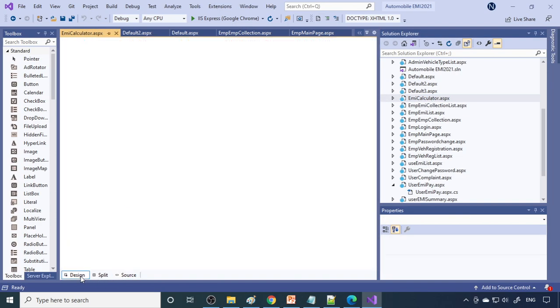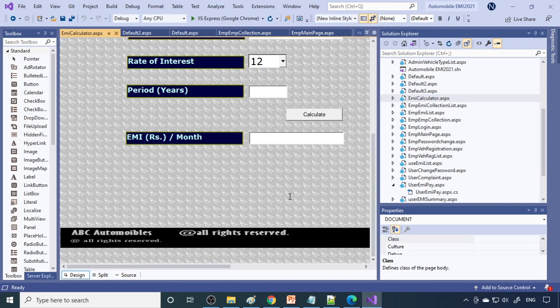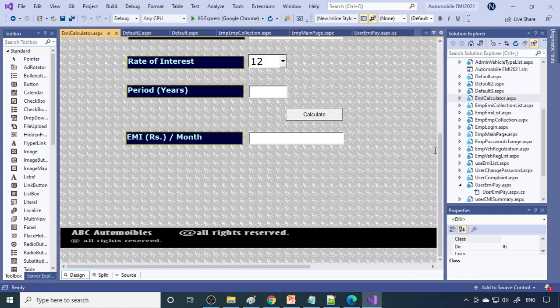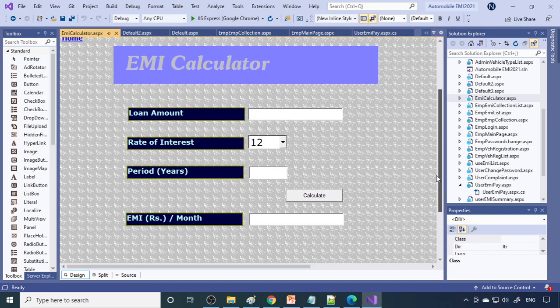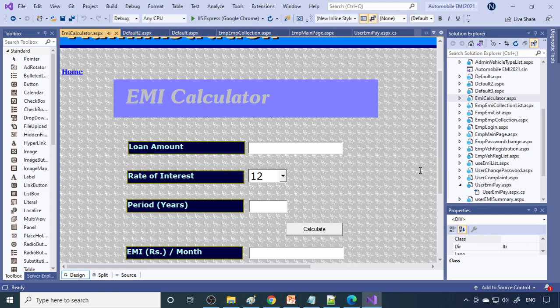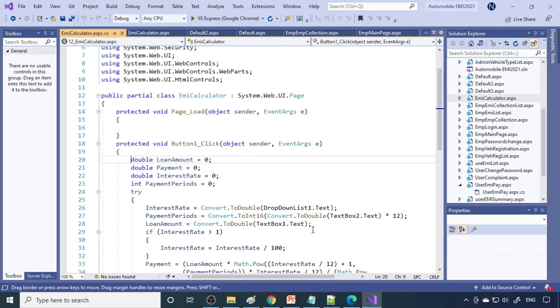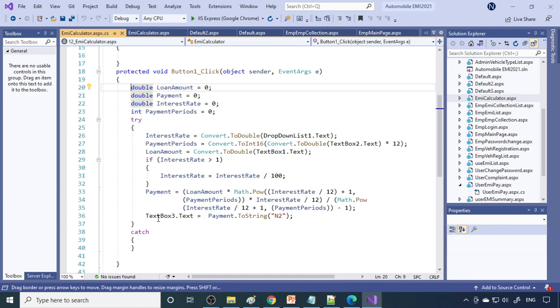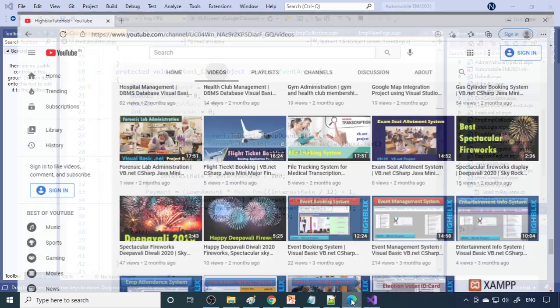So here you can see that EMI calculator to calculate the EMI. We have separate videos to calculate the EMI in C# or in VB. So please watch them too. There we explain code like how to write the EMI, how to calculate the EMI step by step, so that we can get the benefit from that. So here also I can show you like how it's written over here. But in that videos, I'll just show you like videos.